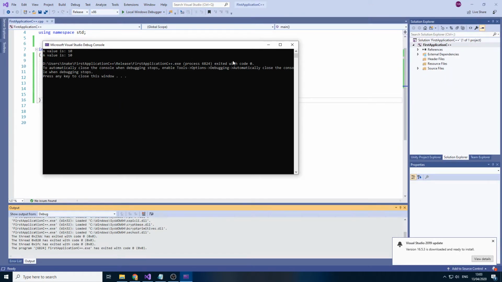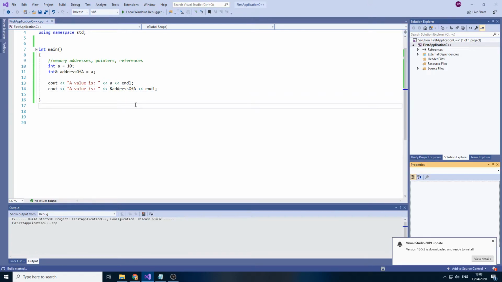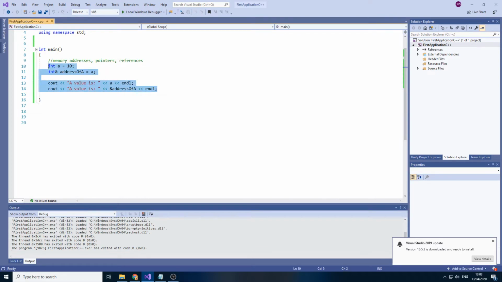There you go. So we get 10 and 10. That's simply because we're not requesting the address here. So there you go. That's the hexadecimal code for it, and that's our value. So if we remove that and move on to the next section,